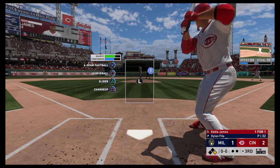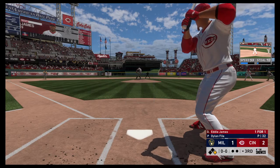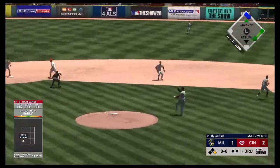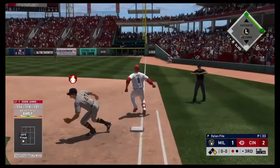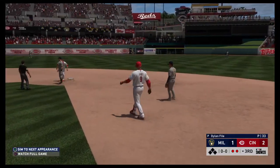Ready to take his hacks again, Eddie James, as he'll look to follow up the two-run homer he launched over the wall last time up. Swinging, a ball hit on the ground. Andujar's got it. There's one, but no real shot at two as he's safe easily at first. The tag, and they'll get...